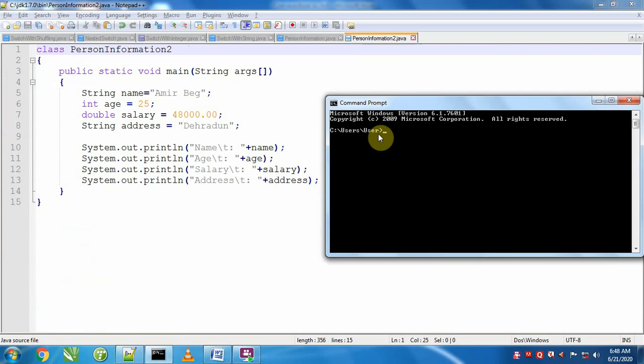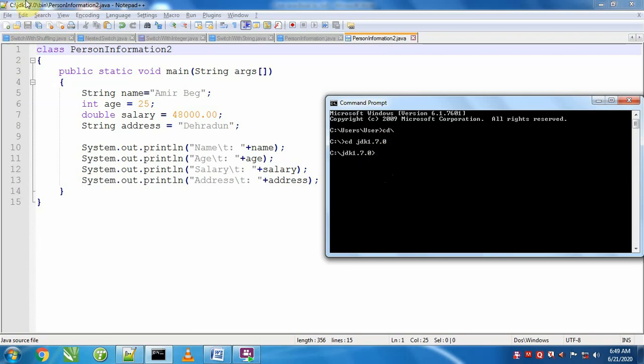Now to execute a Java program, we have to go to this location C:\jdk\bin. For this, first of all, we'll go to the root drive. We will type cd slash, it will bring us to the root drive. Now cd jdk star. JDK star means it is a wildcard character, meaning there can be more JDKs in C drive, so we'll look at those JDKs one by one. I will press tab. It's JDK 1.6, but my program is stored in 1.7. Again I will press tab. It's JDK 1.7, same. So press enter.